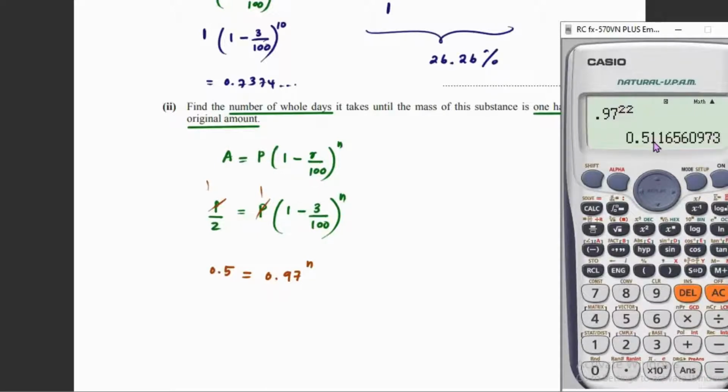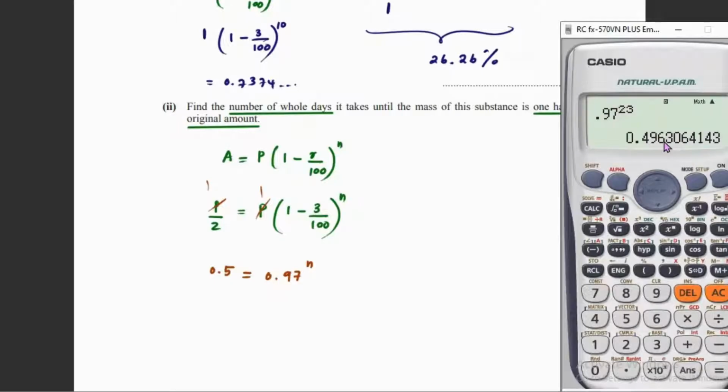I get 0.511. So that means it has almost reached half. But still, this 0.511 is a little more than 0.5, which means that is the amount that it's left with. This explains that it has not reduced by half. So then I'm going to check 0.97 to the power 23. I get 0.496. This is when I know that the amount that it's left with is 0.496, which means it's